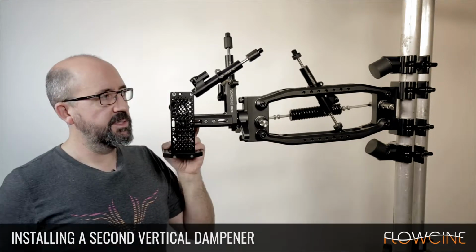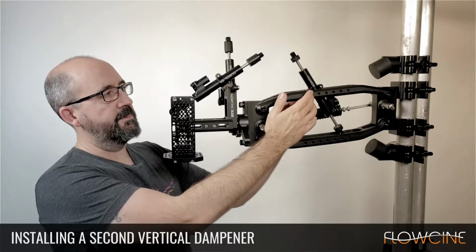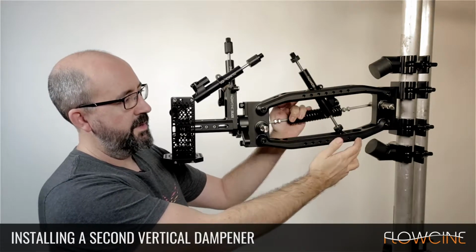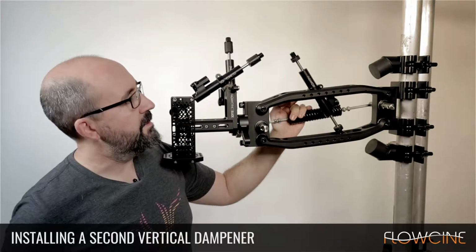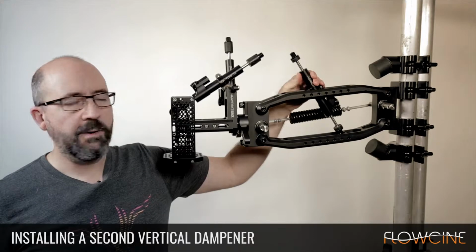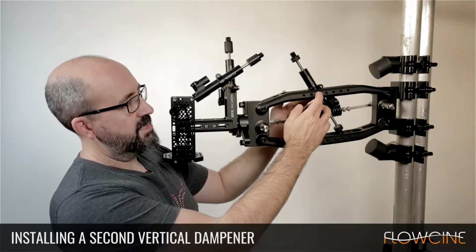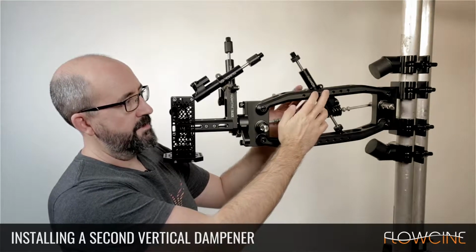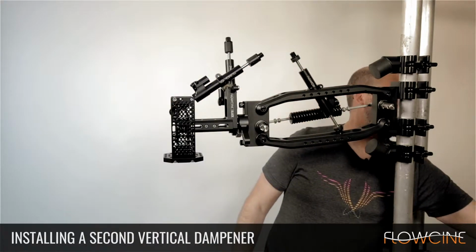So how to install this? As I told you earlier, the default position of the dampener is on the second left hole at the top and the furthermost right at the bottom. So to be able to install the second dampener, I want to do this in symmetry, but this means I need to change the position of this hole to the third one. So what I need is an Allen key number 3,